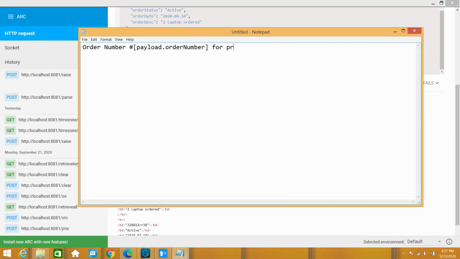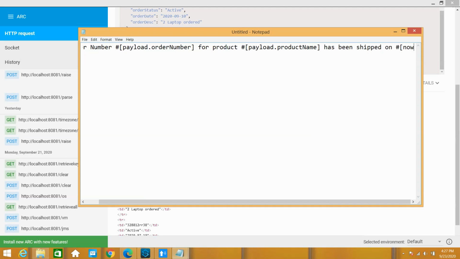for product. I can again read the product name, payload dot product name, has been shipped on. I can give the current system date time, now.